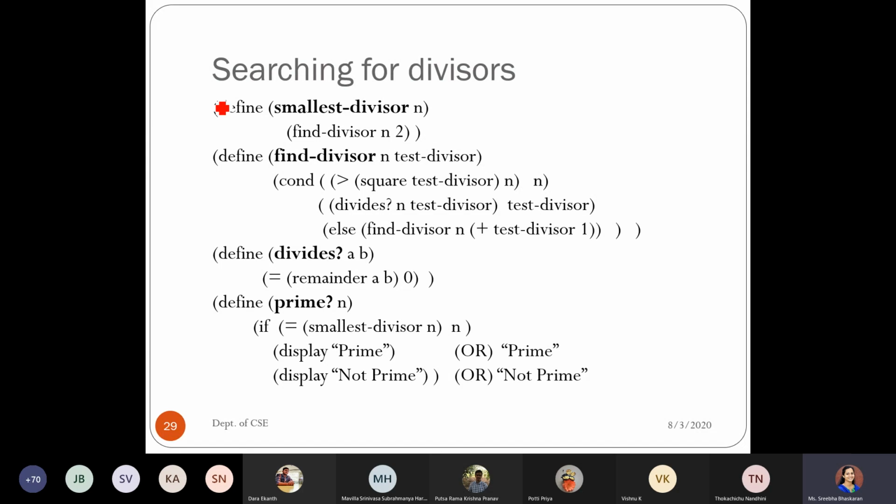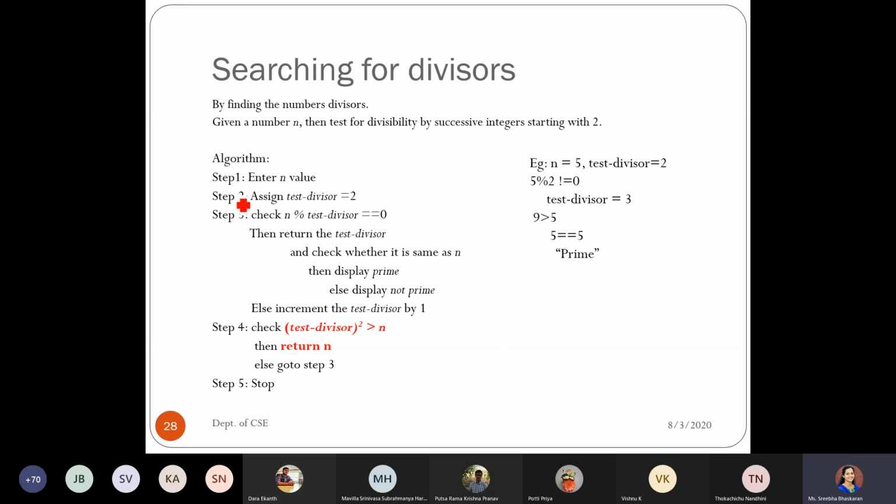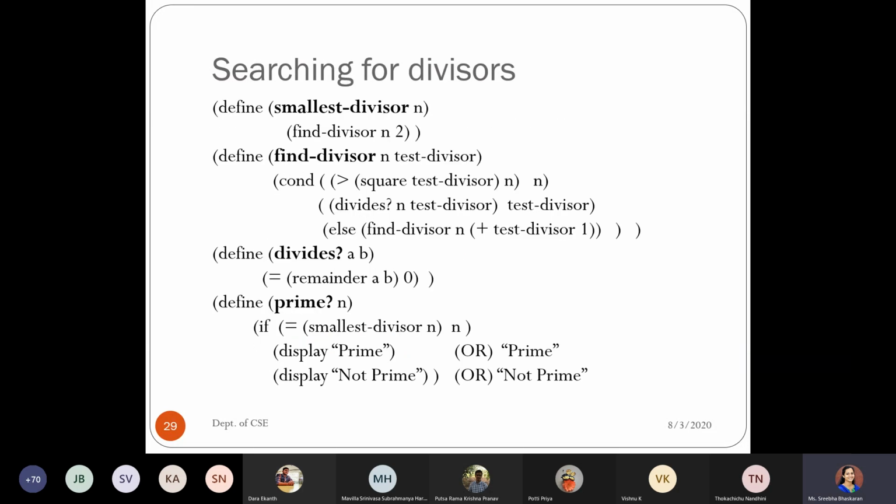So if you see the algorithm here, how can you divide it? First, we can put this loop and this checking part in another procedure. The remaining things are considered the starting part.